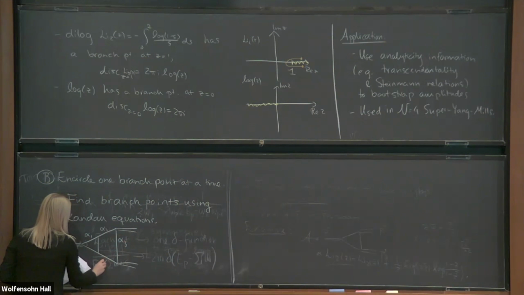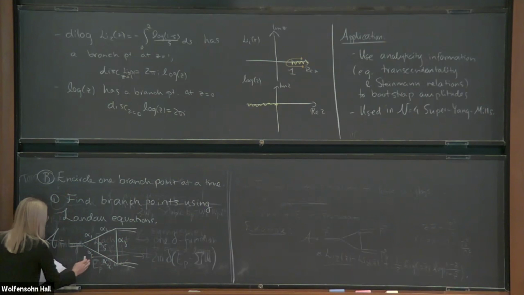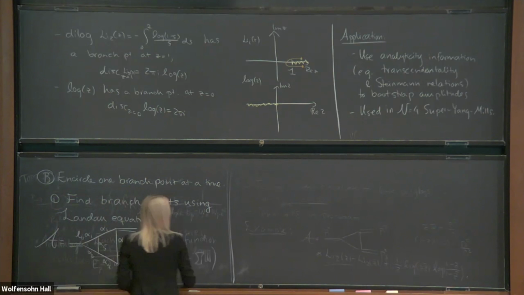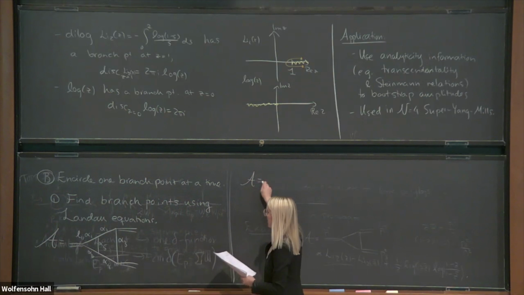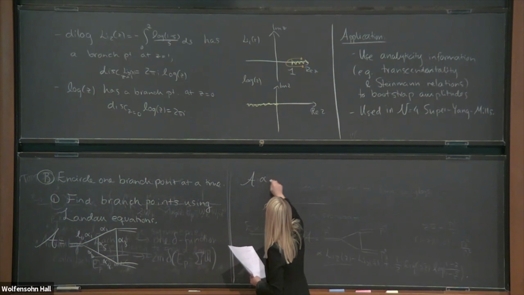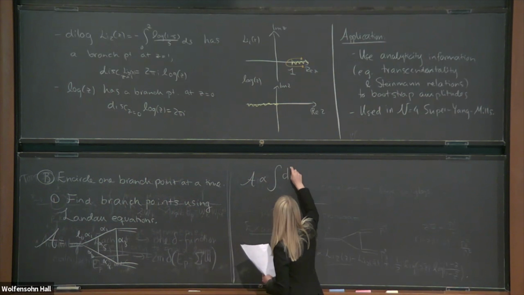I'm going to give every line here a Feynman parameter alpha_i and a momentum l_i. And the amplitude in this case can be written as